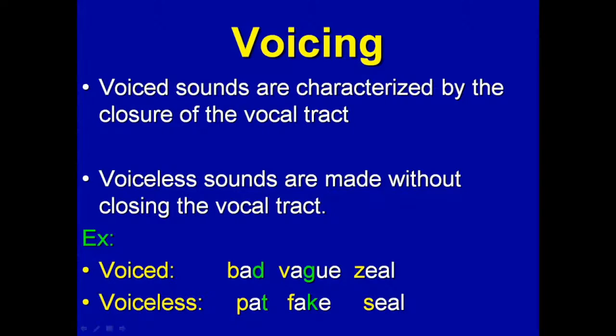It's not the closure that you have got here, but a rapid closing and opening of the vocal cords. And this is what gives us, number one, sound. So just correct this. Voiced sounds are characterized by a rapid closing and opening of the vocal tract. Of course, this is done by